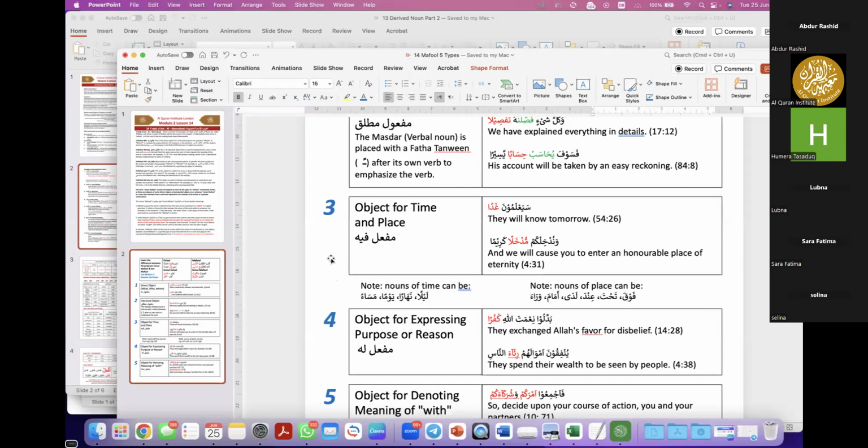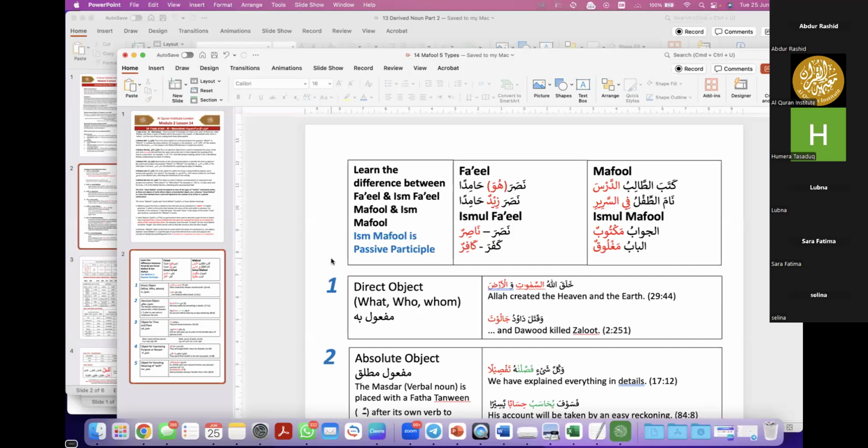Ismul maf'ul is separate, it's different. We've already studied some, and we'll be studying more as well. All those 5 have the verb and the doer and the object on their own. It's only ismul maf'ul, totally different from these 5, that is derived from the verb,